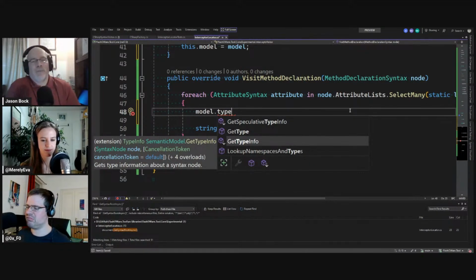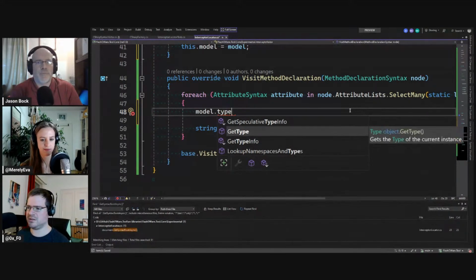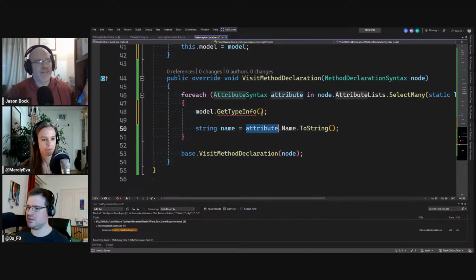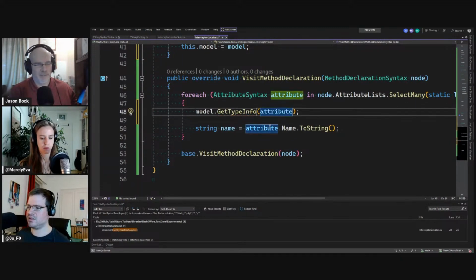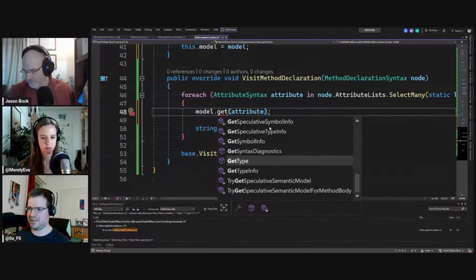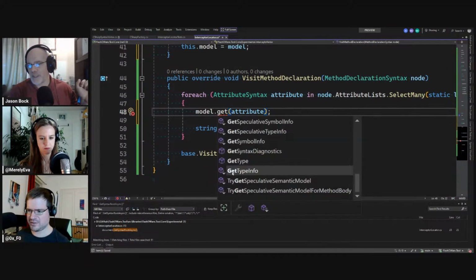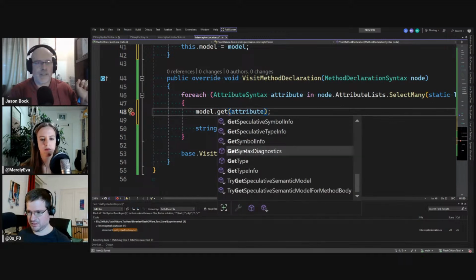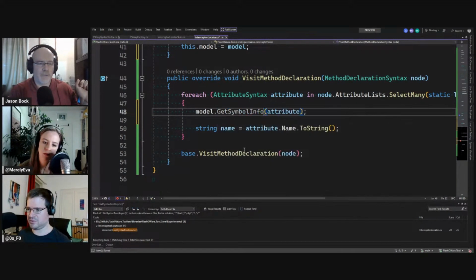Right, because now you want to go back to the model and find out for this attribute syntax, how do you actually get it? Not type info, because that's reflection, but I think there's something similar. I think it's like get symbol or get declared symbol.